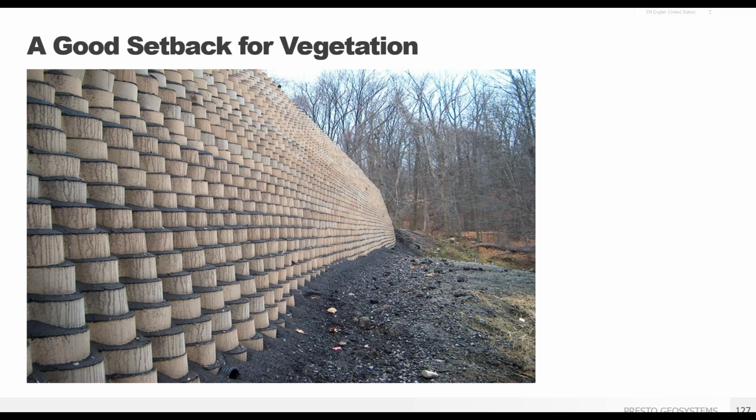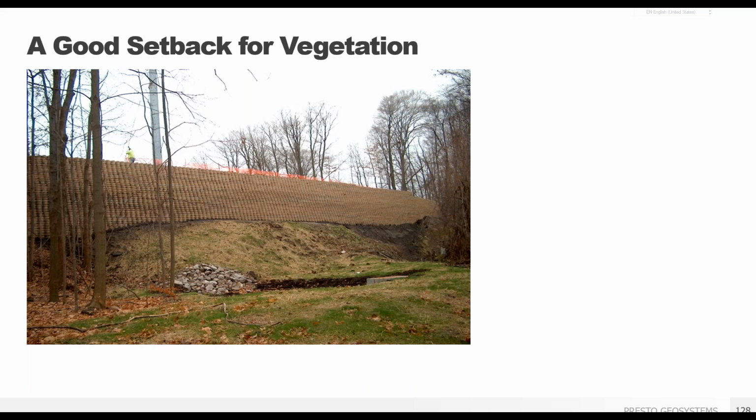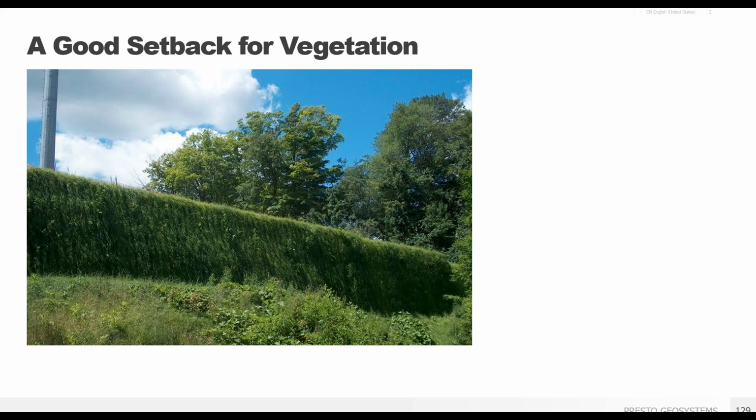A proper wall batter with slight setback is not only nice looking, it can also ensure good vegetation for your wall. We typically recommend a setback of about 5 centimeters or 2 inches for a vegetated wall. Here we see the wall structure is constructed with that slight setback to allow topsoil fill in your front cells. The wall can be seeded either by mixing the seeds in your soil before installation or by hydroseeding once installation is complete. And then this turns into this.